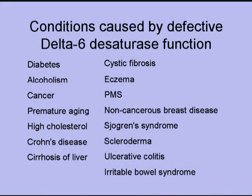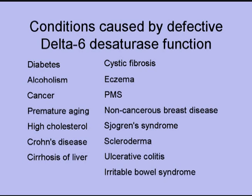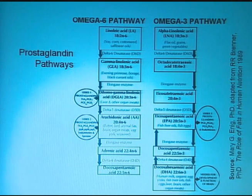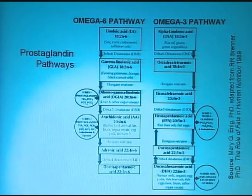And these are some of the conditions that you'll see when this enzyme is defective. That's the first enzyme here. A lot of diabetics don't have this enzyme working. So these are some of the conditions that you'll see: diabetes, alcoholism. Interesting, isn't it? Cancer, premature aging, high cholesterol, which is not a disease, just a marker. So a lot of conditions will emerge when these pathways aren't working. This enzyme is very critical, the delta-6 desaturase. That's the first enzyme in these pathways. A lot of people don't have this enzyme,